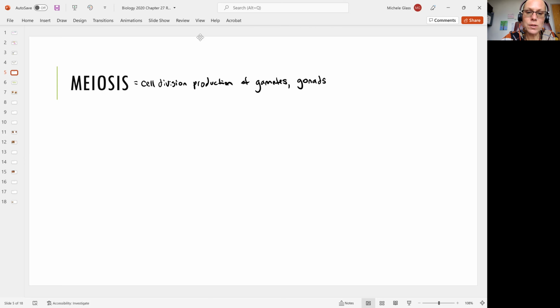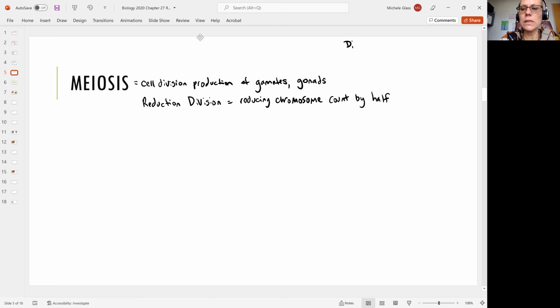When we talk about meiosis being cell division for the production of gametes, we can also talk about this as what's called reduction division. And we are calling it reduction division because we are reducing the chromosome count by half. So up here in the corner, let's remind ourselves of the term diploid and the term haploid,